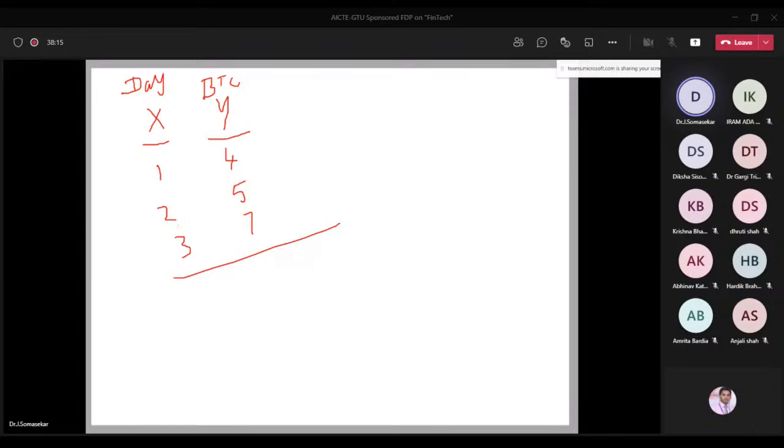Now this data is available. We can call it historical data. By using this historical data, we have to make a regression model, a machine learning model. It may be regression, or it may be deep learning, or it may be LSTM, whatever it may be. Let us assume I'm assuming a regression model. So I made a regression model based on that data. Let us assume 2 plus 3X, something I'm assuming. So this is the model.